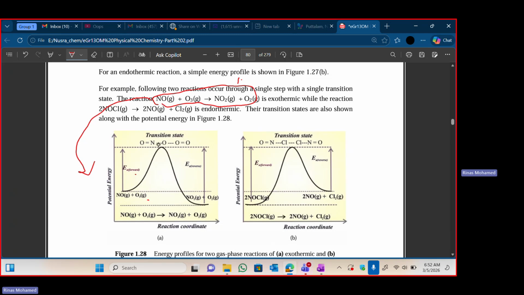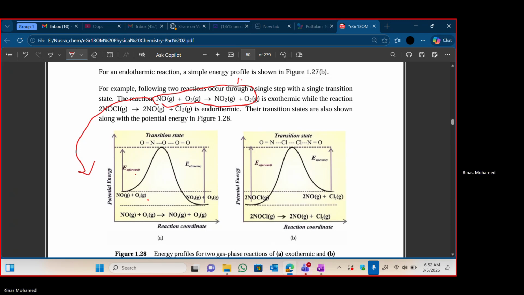But here see the transition state. NO plus O3 will combine to give NO2. Then with NO, a double bond, another bond with an oxygen should be formed, the oxygen atom in the ozone. Then in the ozone, one bond is broken, while with NO another one is formed. Right? Then likewise, I can give you the